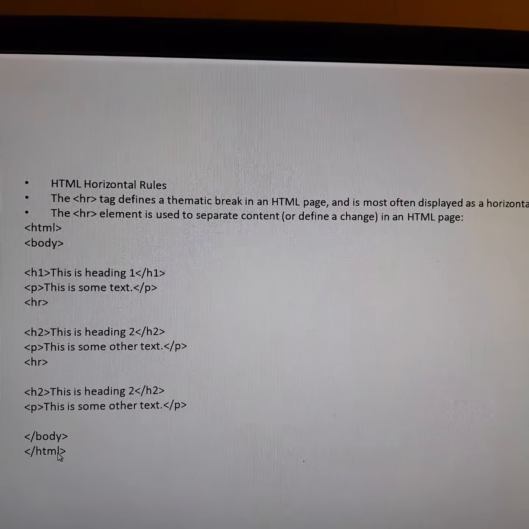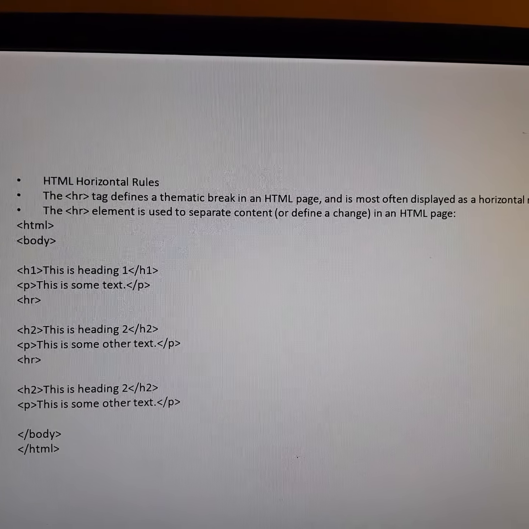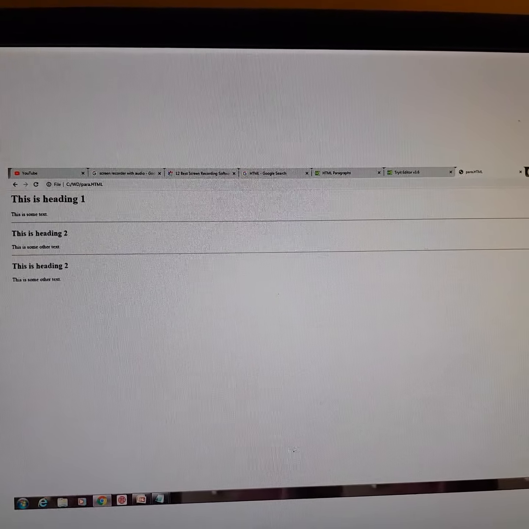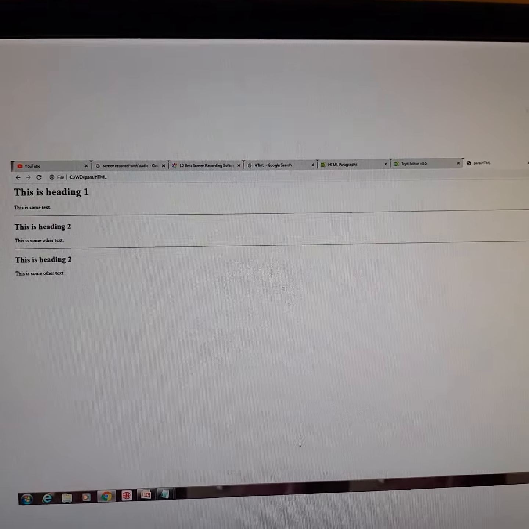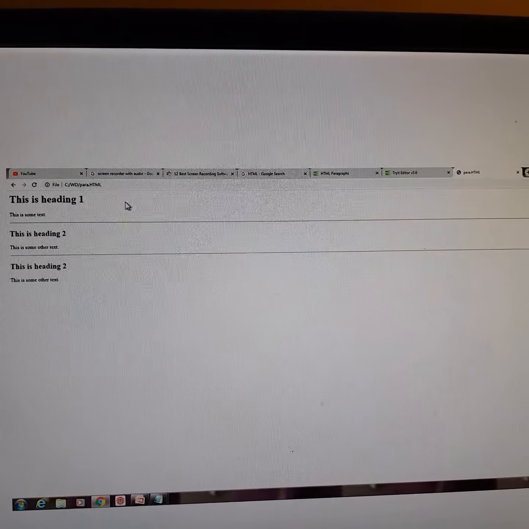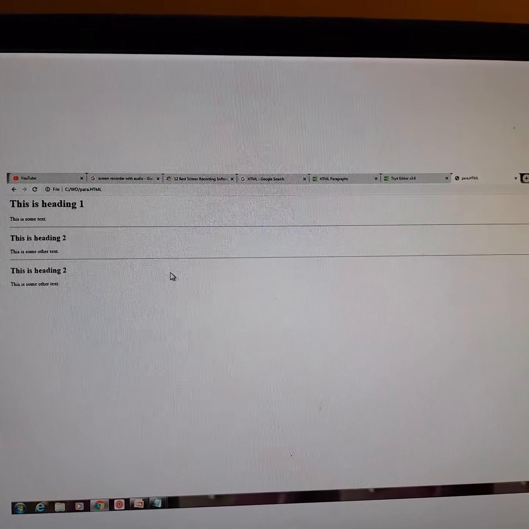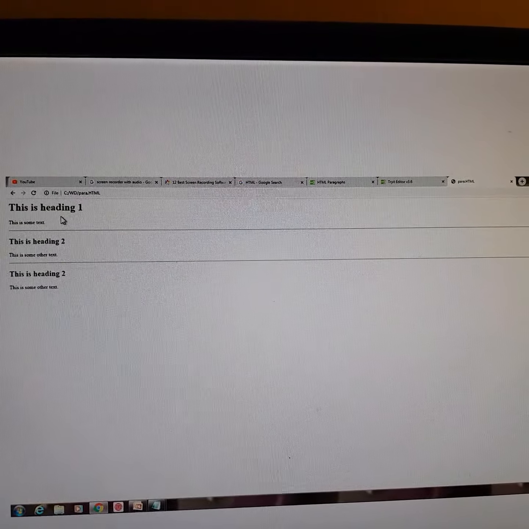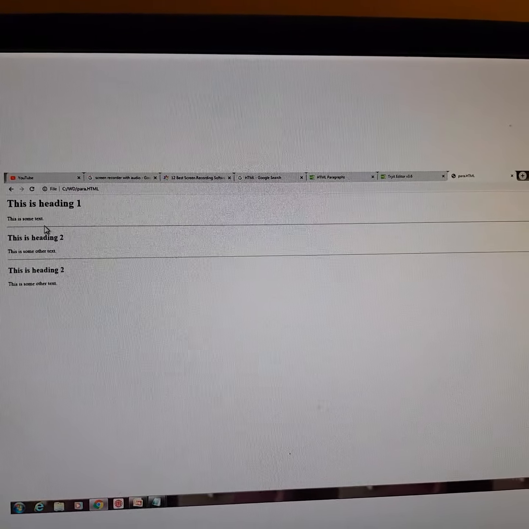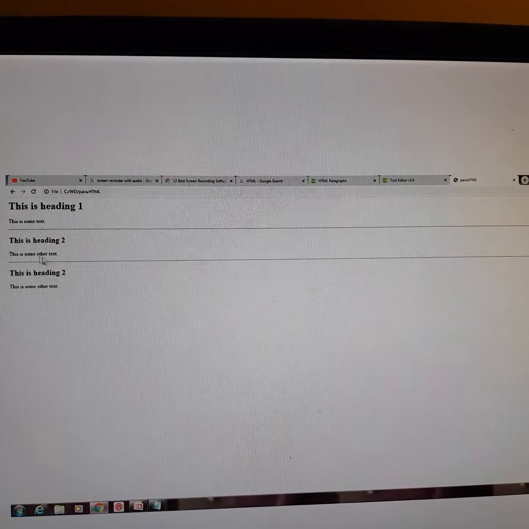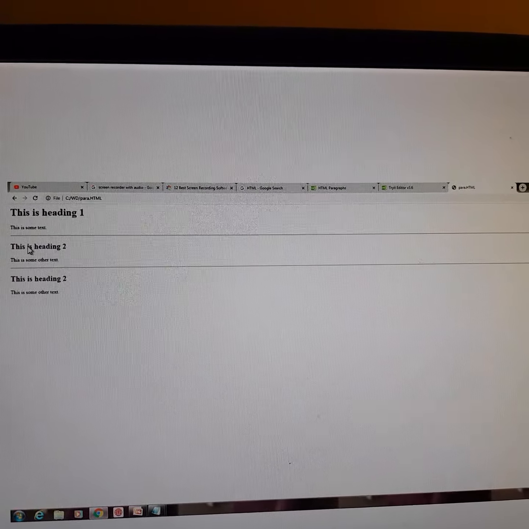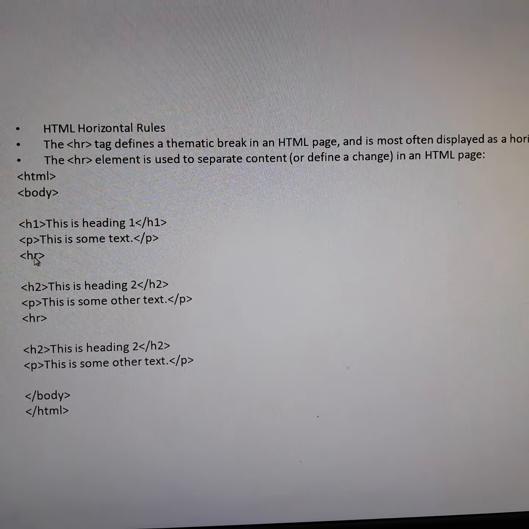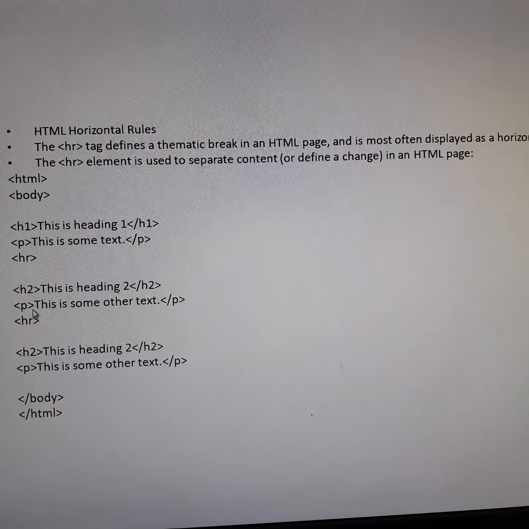Now if you see the output for this particular example, as we have provided only 2 HR tags, we have got only 2 horizontal lines, because for the first h1 and p we have given an HR tag, so we got a line. Then again, if you observe, h1, p, then we have given HR, then h2, p, we have given an HR.